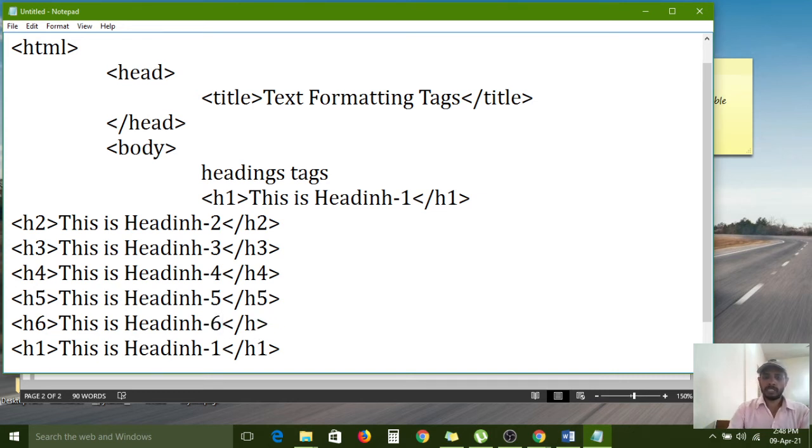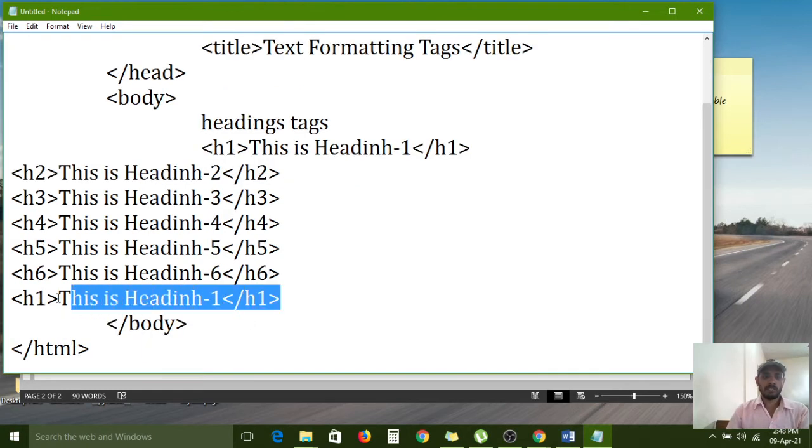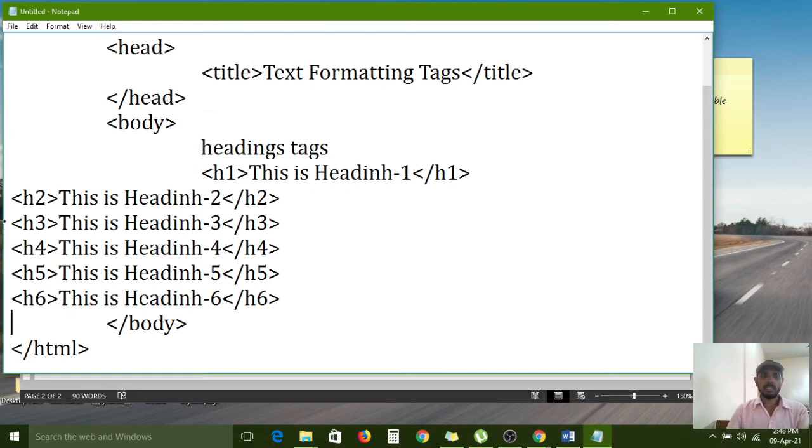HTML can support six types. The last one I am removing, I pasted an extra one there.